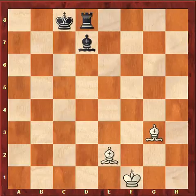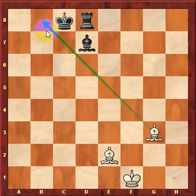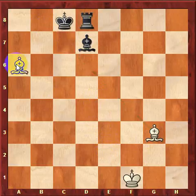Our next checkmate is called Boden's mate. In Boden's mate, it's very similar to Blackburn's mate. We also have a bishop here controlling a lot of the squares next to the other side's king. However, this time, we don't need any support for the other bishop. We can directly go bishop to a6, for example here, and use this crisscross method to checkmate the other side's